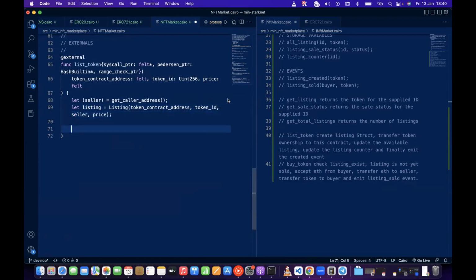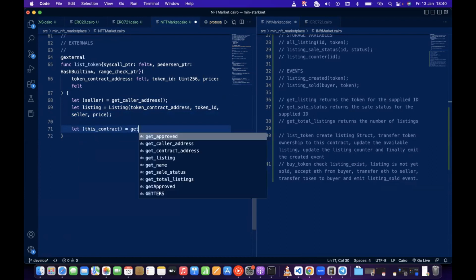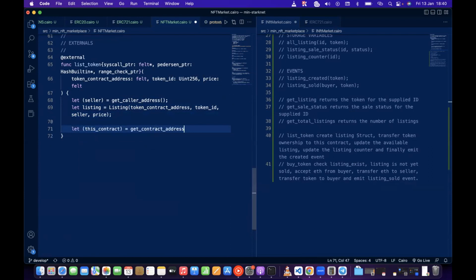the next thing we need to do is transfer token ownership to this contract. So to do that, first of all, we need to get the address of this contract. We're going to do that using the get contract address system call. And once we get the contract address, this is how we use an interface. We're going to call the namespace, the interface ERC721, and we want to use the transfer